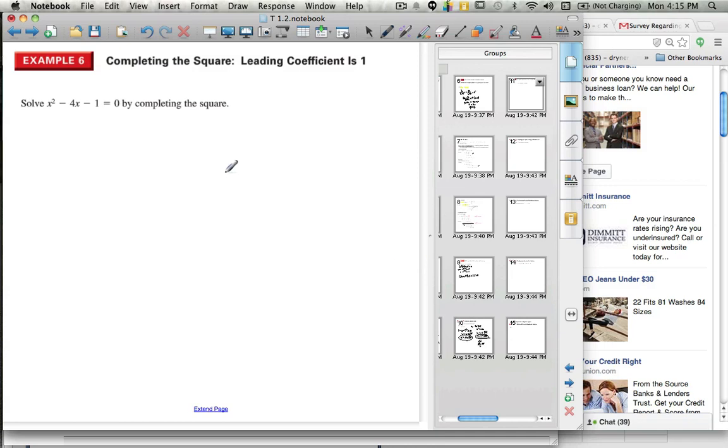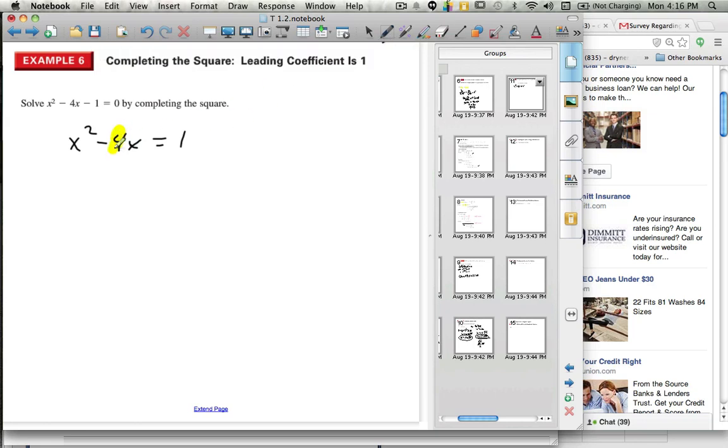I might want to complete the square. Now, completing the square requires your leading coefficient to be 1. So if it already is 1, that's great. You can just move on and do the work. And completing the square is about creating the perfect square of a binomial. And the first thing I'd need to do in this problem is get rid of that constant, negative 1, because it doesn't help my solving the problem. So if I add it to either side of the equation,